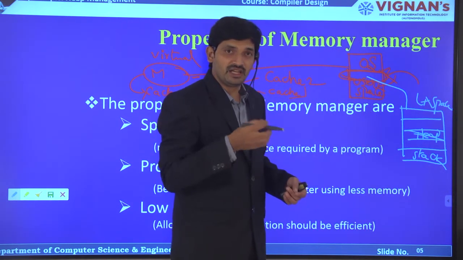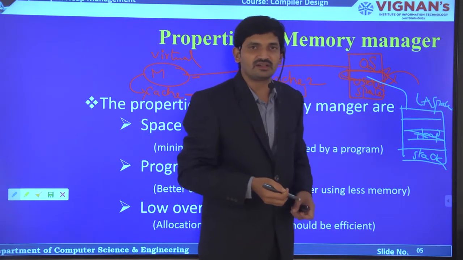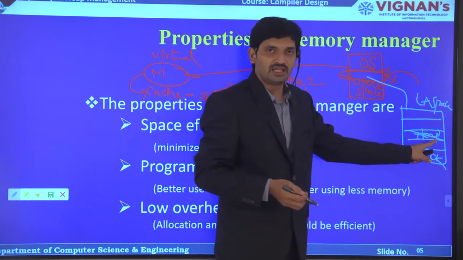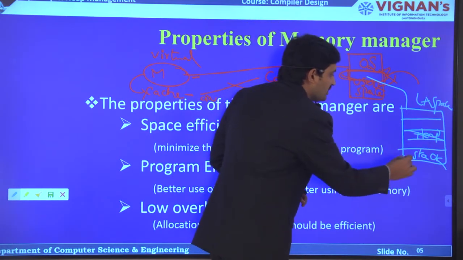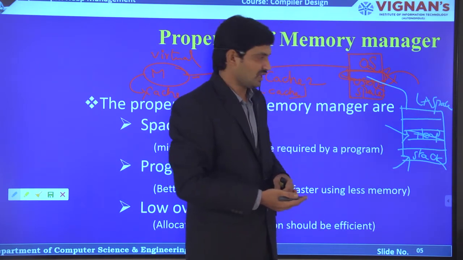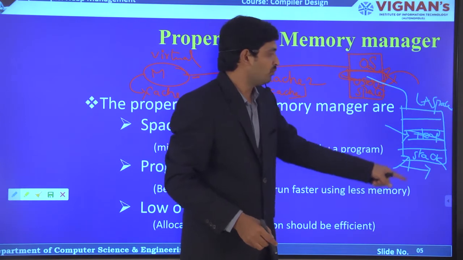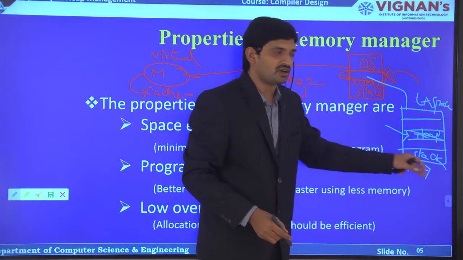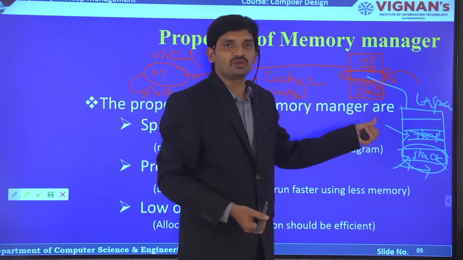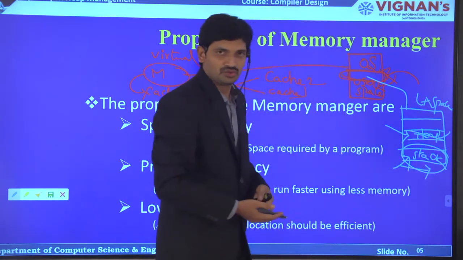Depending upon the need, it is going to allocate the memory in the stack, or depending upon the need, it is going to allocate the memory in the heap. So this comes under static, and this comes under dynamic allocation. Of course, here also the memory is allocated dynamically when there is a function or procedure call, and the stack is utilized. When we are dealing with the dynamic memory concept, the heap is going to be used.